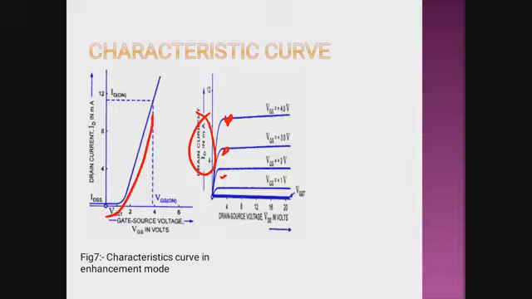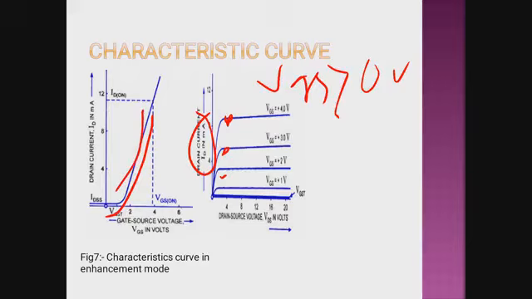That means when the VGS is made positive and we gradually vary the voltage from 1 volt, 2 volt, 20 volt, 40 volt, the drain current increases, and we get different plots for drain current. Similarly, when VGS is greater than 0 volt, that means VGS is positive, the drain current increases rapidly,